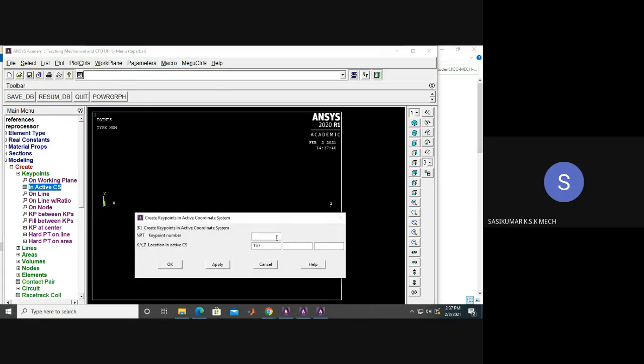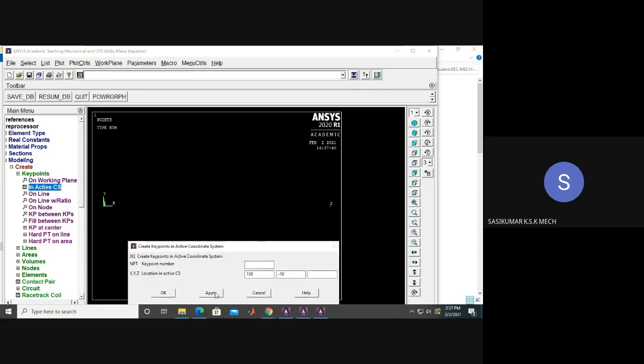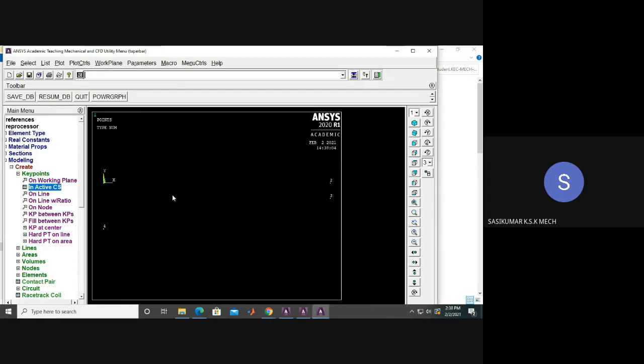Okay, so the next key point is at 150 and at minus, say, 10, we have one more key point. Just apply, another key point has been created. So the third key point, x is at 0, y at, say, 30. You just give OK. So this is a tapered cross sectional bar or tapered beam. Okay.